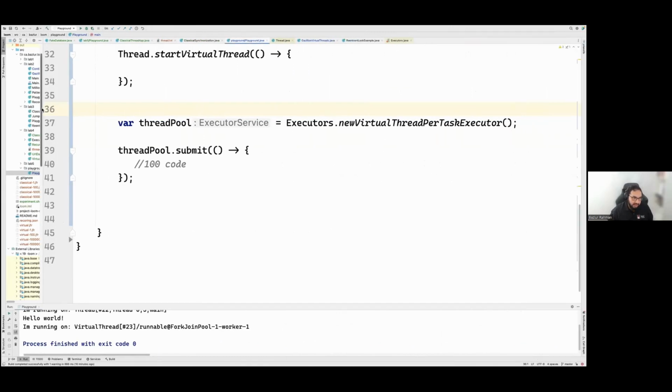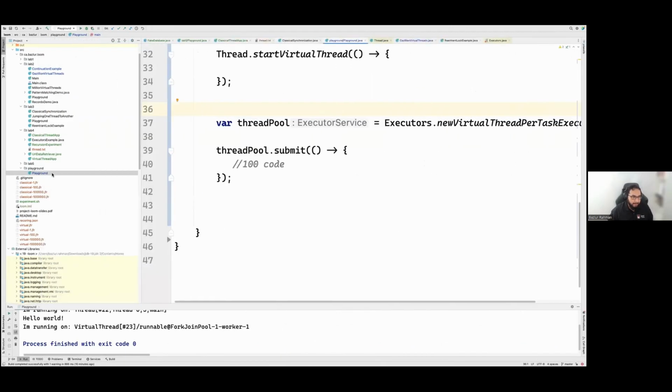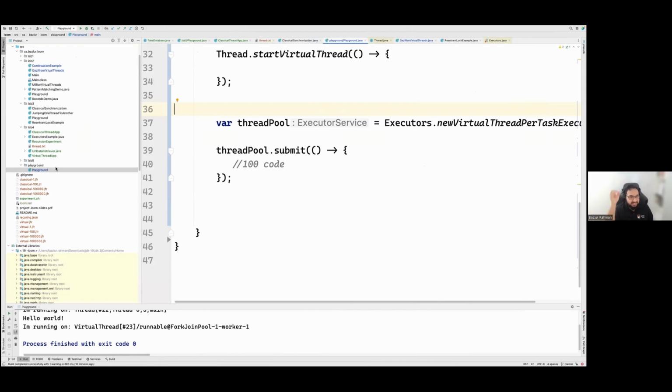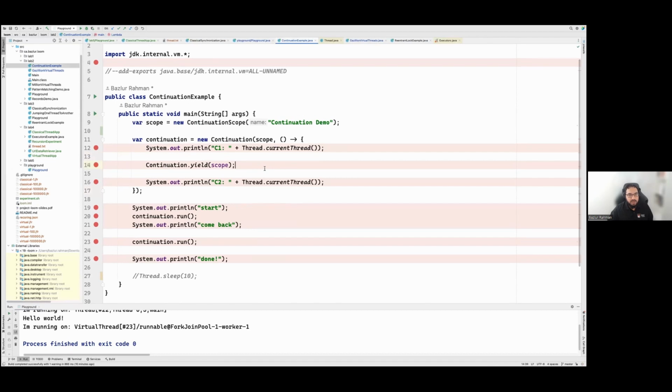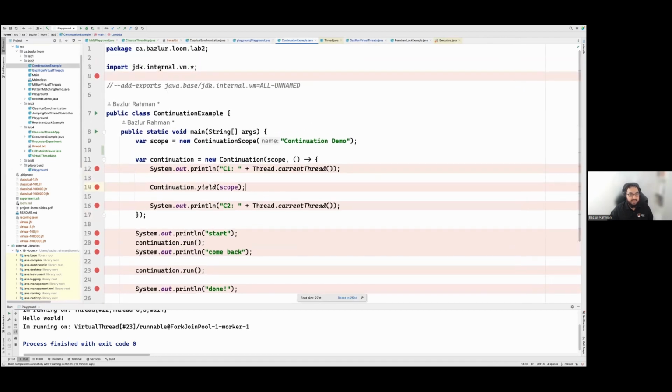I have a demo here for continuation. Continuation is basically a Java class, a Java construct, nothing fancy, but it has an interesting way of dealing with certain things. It's an internal class of the JDK, in the jdk.internal package.